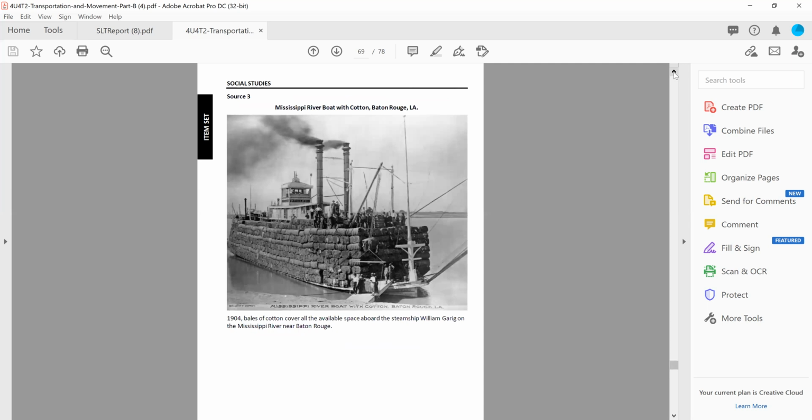Source 3, Mississippi River boat with cotton, Baton Rouge, Louisiana. This photo was taken in 1904, about 40 years after slavery of people was outlawed. Bales of cotton cover all the available space aboard the steamship William Garrig on the Mississippi River near Baton Rouge. If you count these bales of cotton, they go up to 9 stacks high there and 10 stacks high here with people standing atop them. Okay,